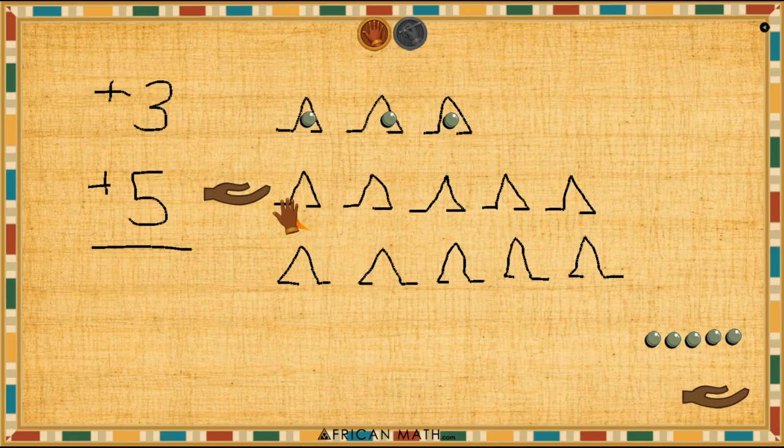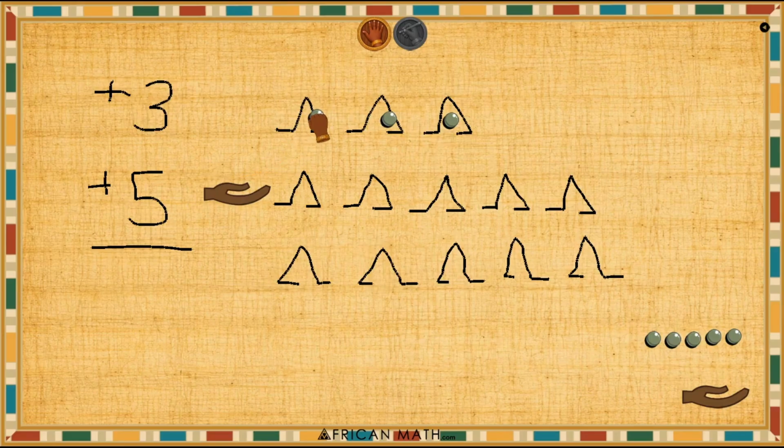Now, here's the important method that you have to use. You have to count on from 5. You quick count 5, and then you count on from 5 for the rest of the numbers. And you would just place these beads in your hand. Okay? Or you can place them in a bowl. It's okay. It's fine. Just have fun. So this is 5, and then we're going to place 5. And then we're going to have,